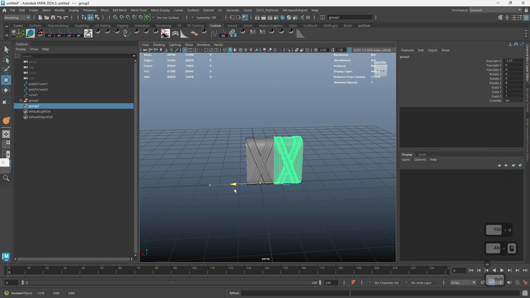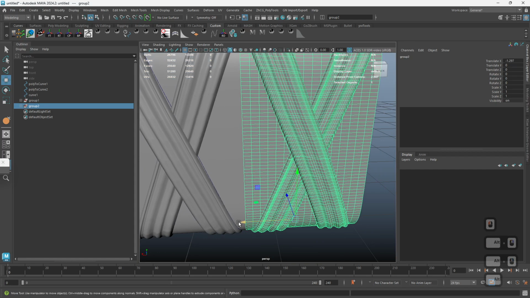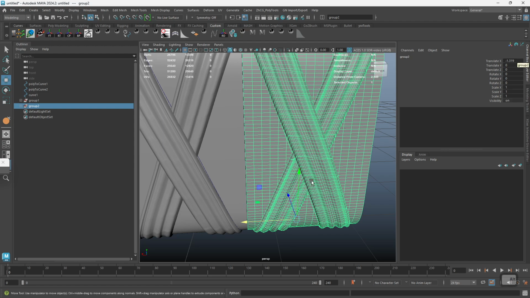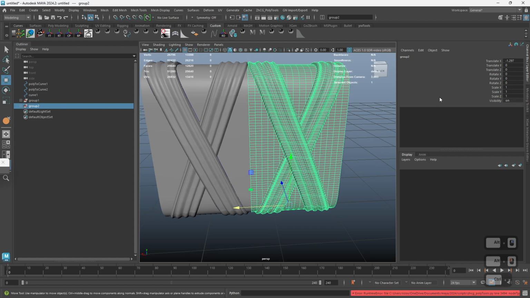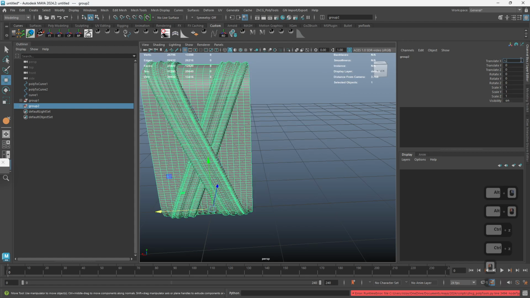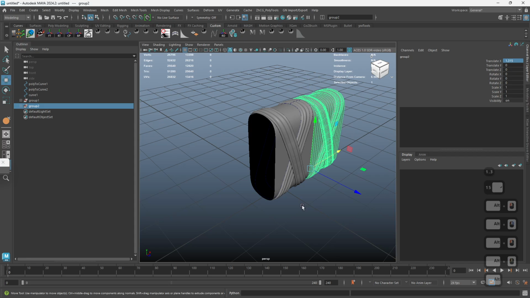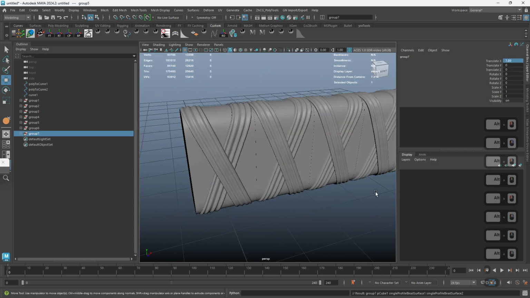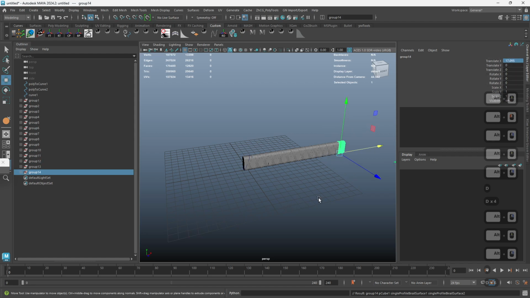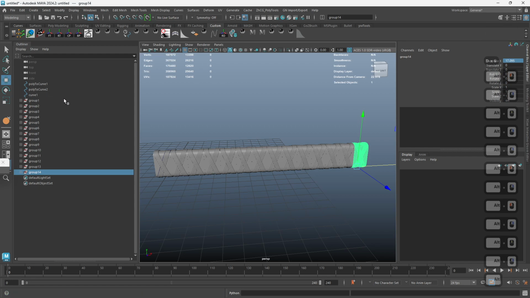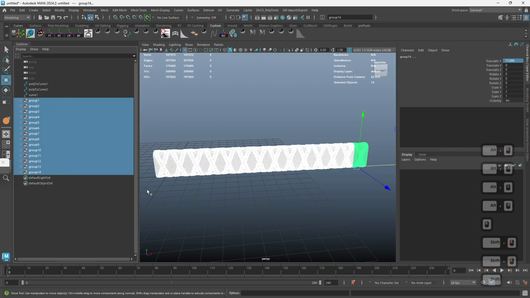So I move it just when the edges are about to touch each other. It's something like this. So 1.3, let's do 1.315. There we go, in the x-axis. And then we can Shift D a bunch of times, as many times as we need. And we can apply a deformer on all of this. If you remember, select all of those groups, go